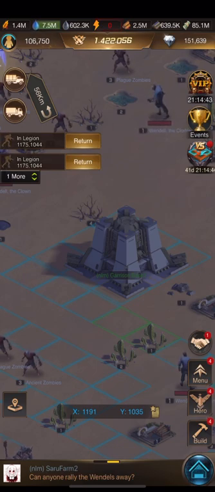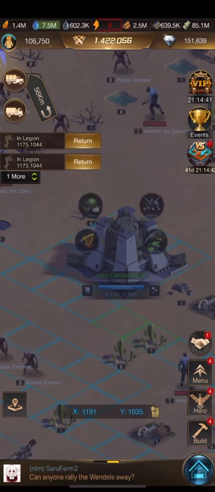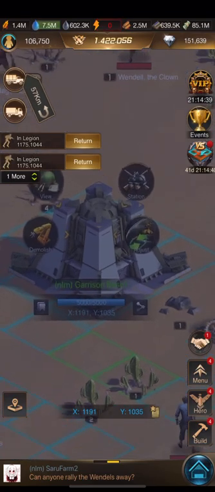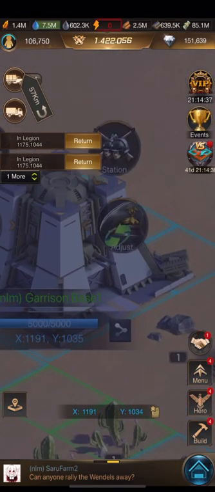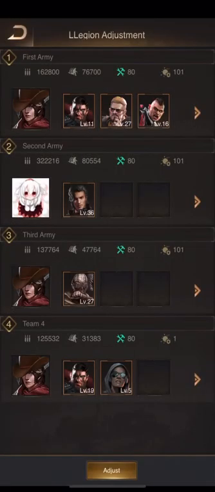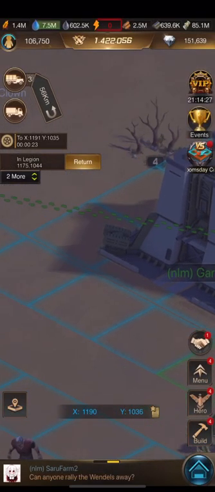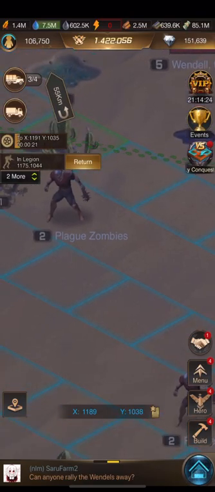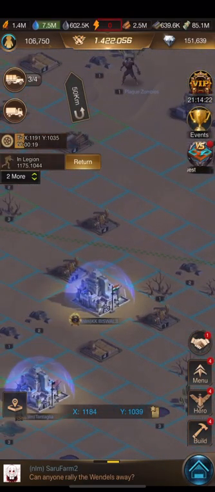The way that you do it is you click on the garrison base, and right here there is a button that says adjust. You click the adjust button, and then you click adjust, and down the bottom you click adjust again. And it's going to adjust, and it sends the troops from the Alliance Center by plane